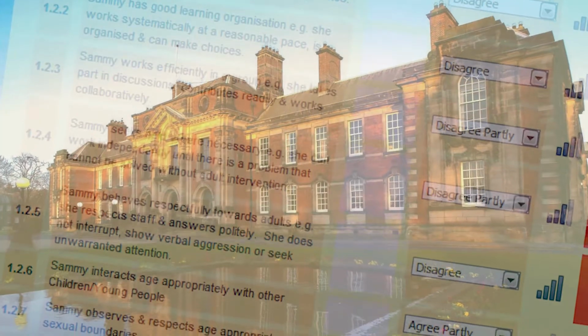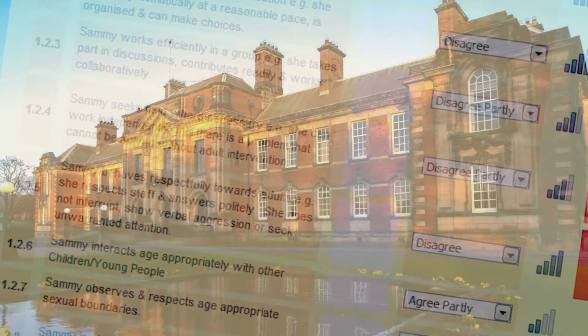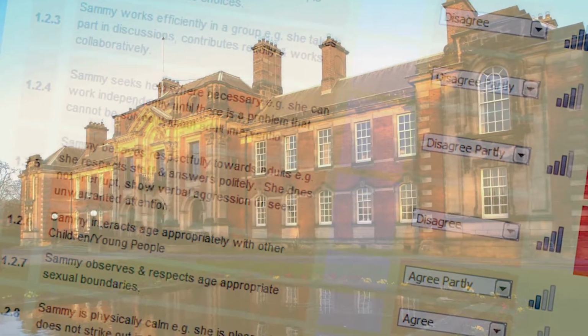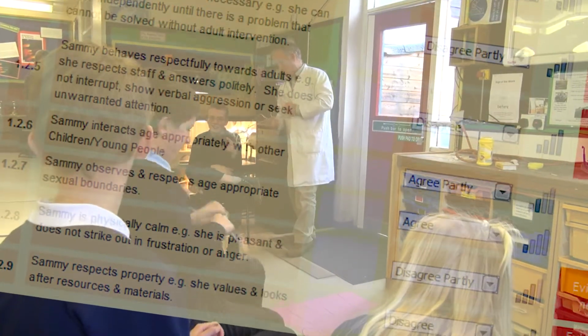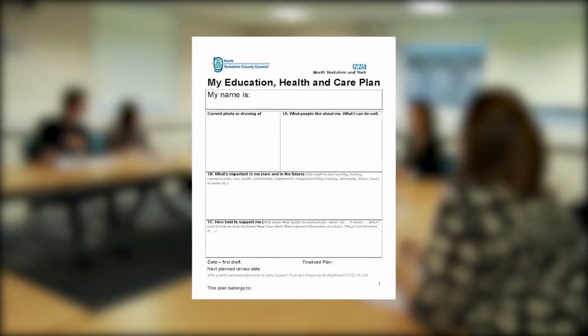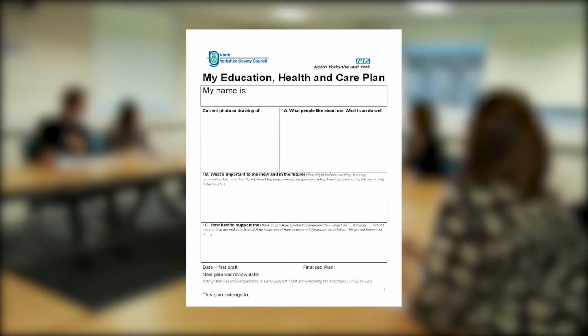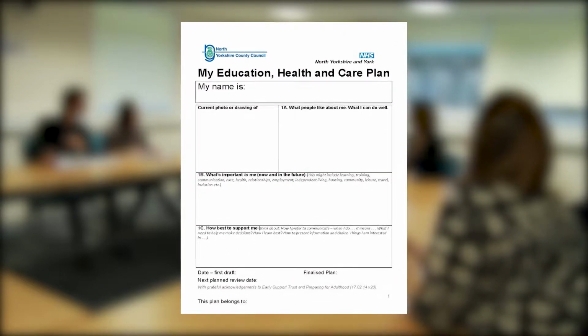The North Yorkshire Local Authority developed the Can Do tool in response to the way the government has transformed how children and young people with special educational needs are supported, giving greater involvement, control and choice to children, young people and their families. Education, health and care plans replace educational statements of special needs. The provision of services is communicated in a local offer, which helps document the range of support and resources available.